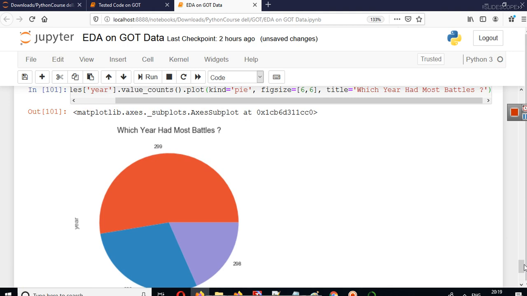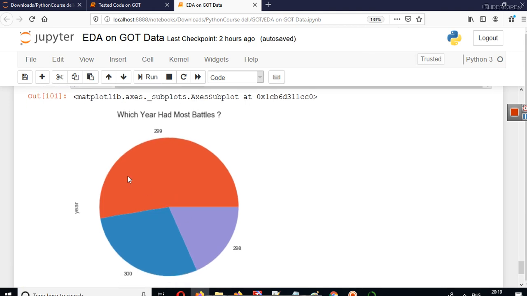Now the next thing is, these slices represent percentage, right? In a circle or in a pie, 360 degrees means 100%. We have to see what percent is 299.